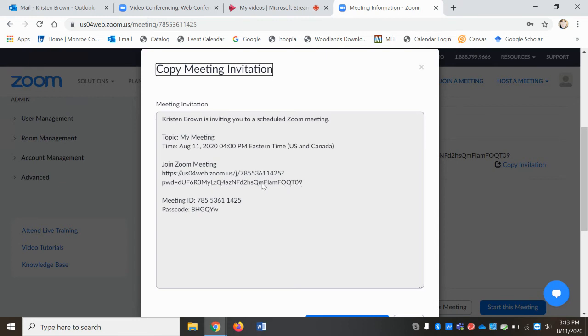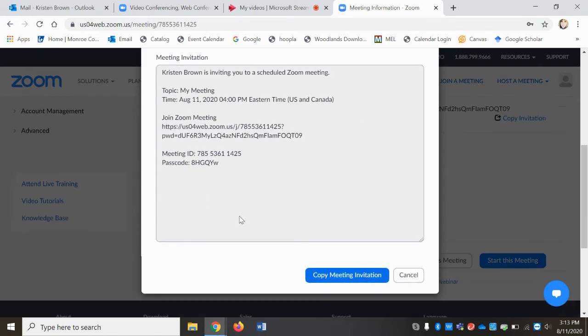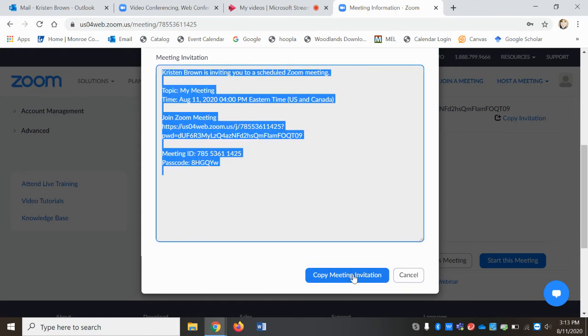So your participants will be able to copy this link, open it in a new window, and then join your meeting from there. Or they can join a meeting just like on the web page from Zoom and enter this information in. So it's really important that when you're inviting people that you give them this information. Okay, so you can copy that